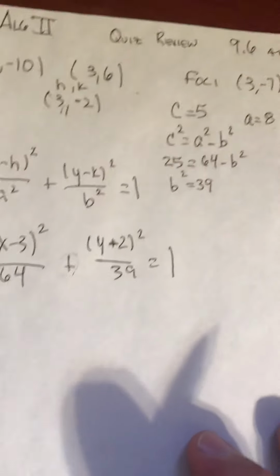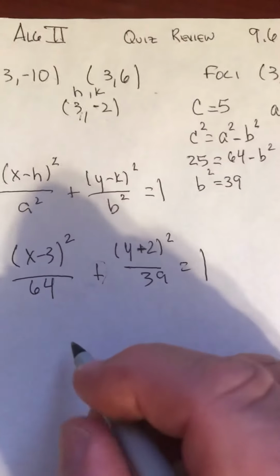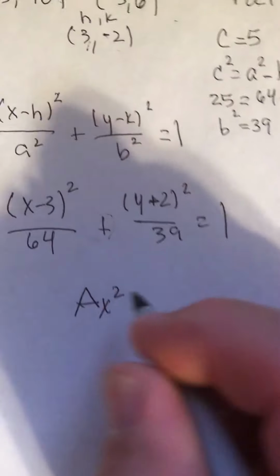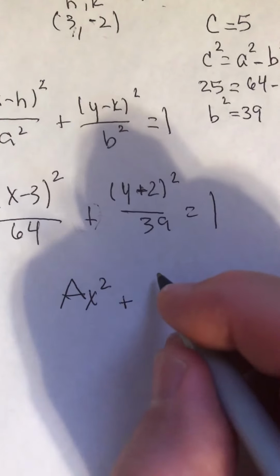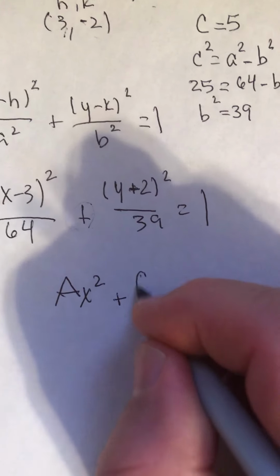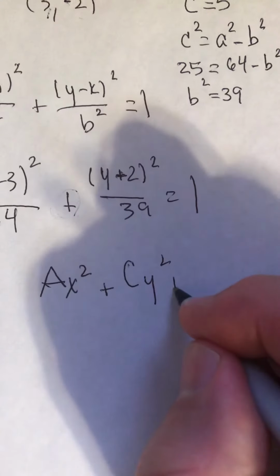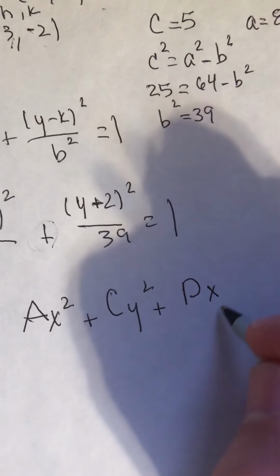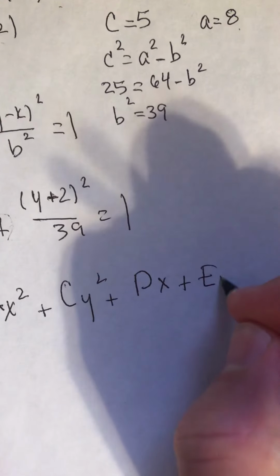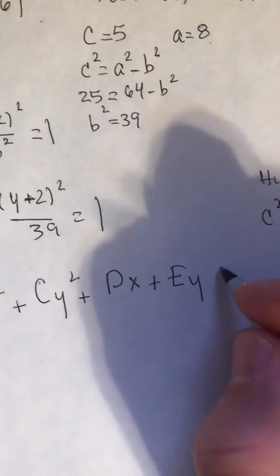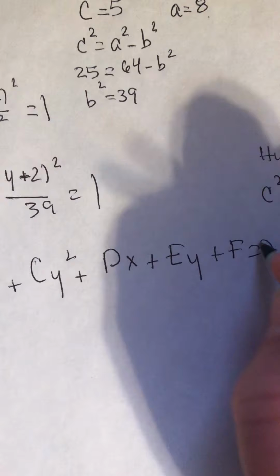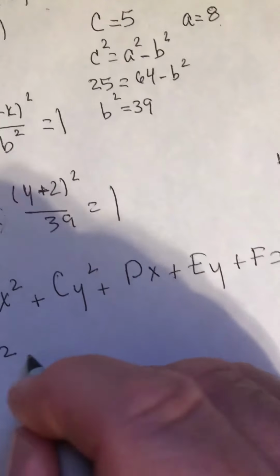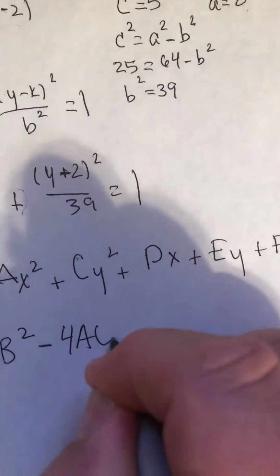When you've got a conic section in the form ax squared plus cy squared plus dx plus ey plus f equals 0, then b squared minus 4ac,